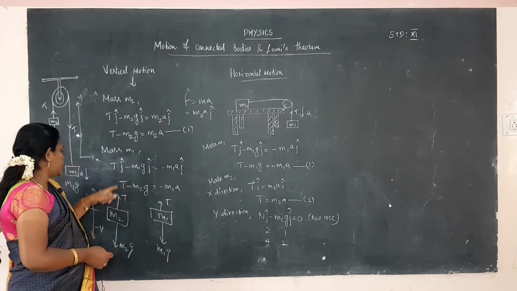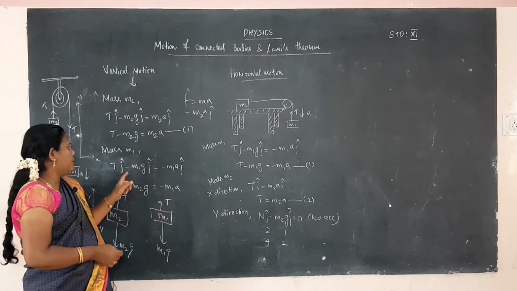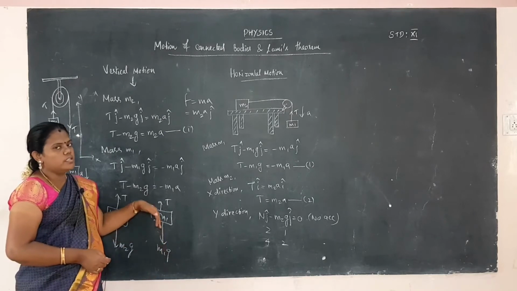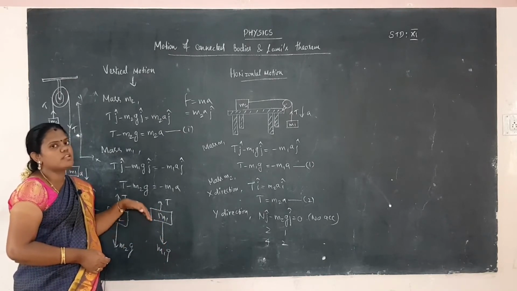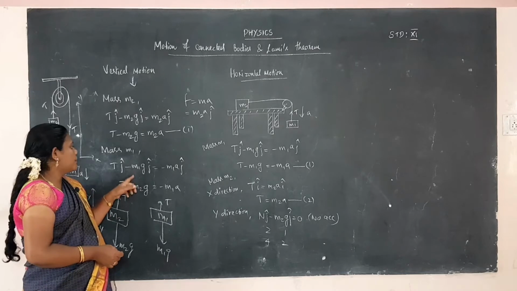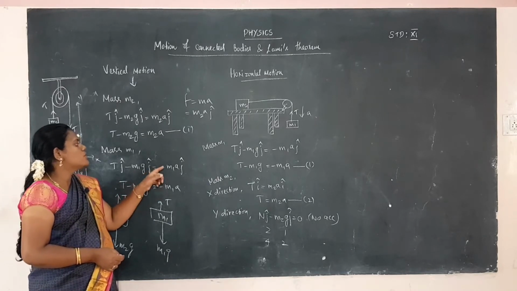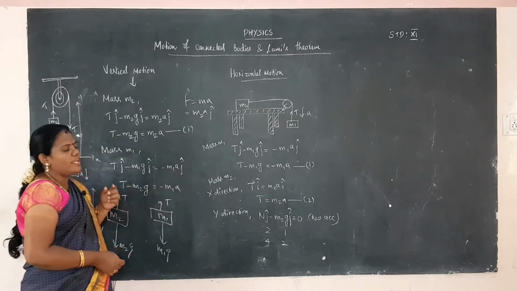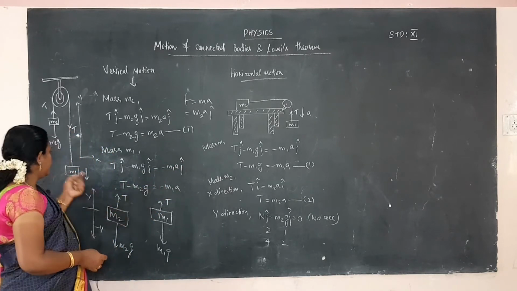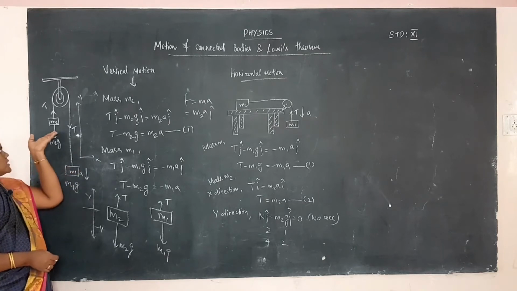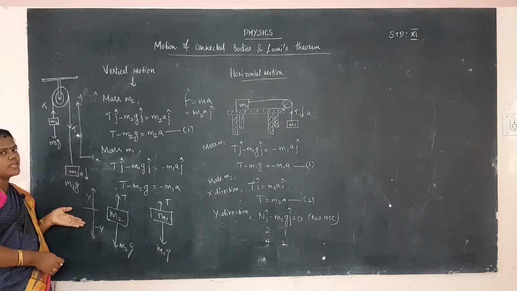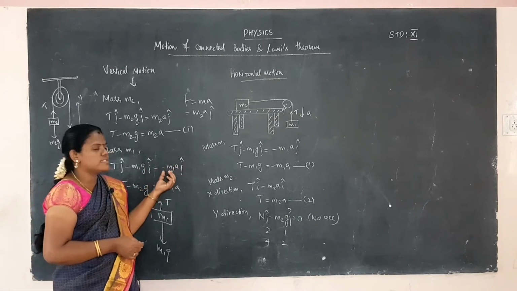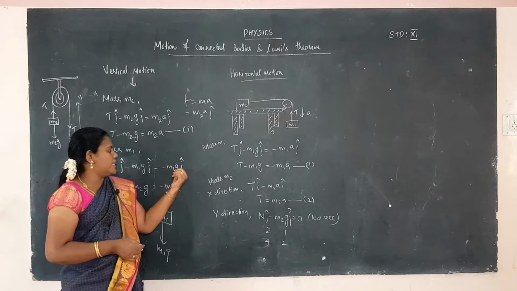So T j cap minus the mass m1g, it will be in a downward direction, the downward gravitational force, it will be taken as the negative y direction. So m1g into j cap is equal to normal force minus m1a into j cap. Why do you put the negative sign on ma? That is a negative y direction, because this weight will be moving upward, this weight will be moving down, as well as a negative y direction. So that is the total weight, it will be considered as a minus. So minus m1a into j cap.